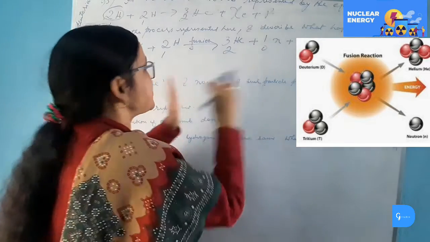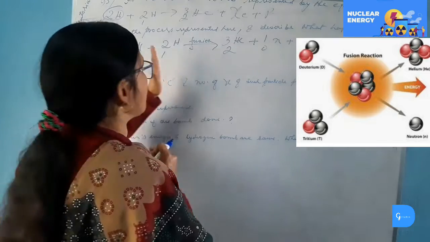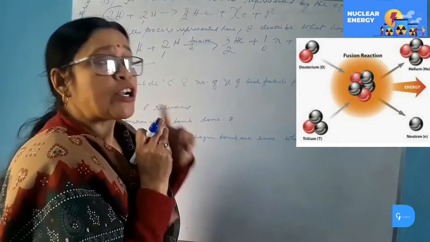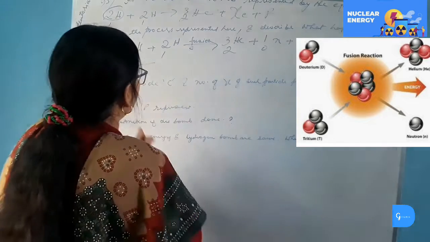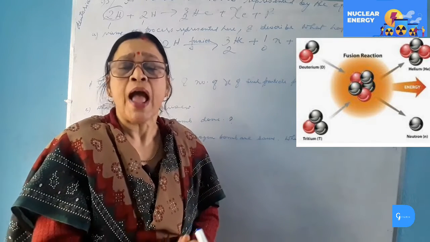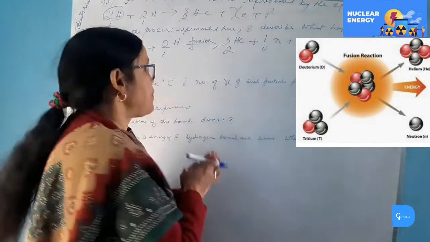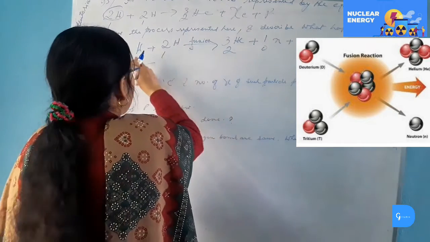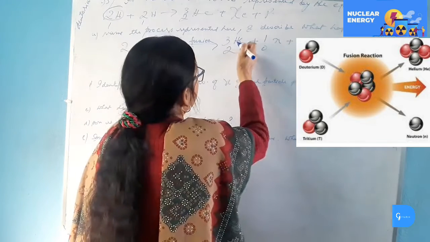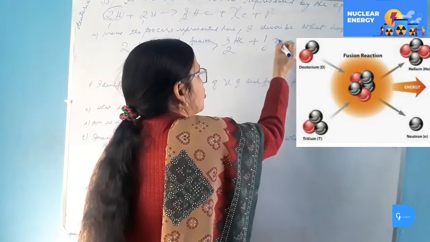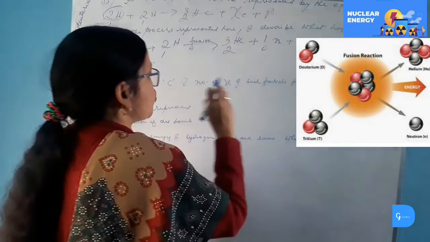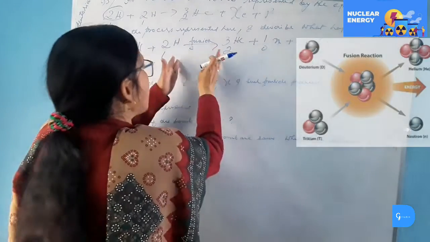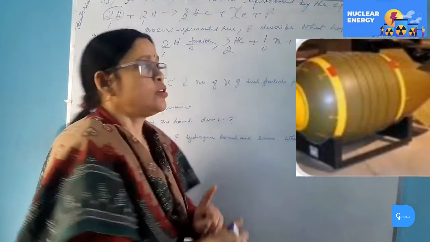Now we will discuss what is happening here. Here the two nuclei of light elements or hydrogen or deuterium hydrogen atom having atomic mass 2 combine together or fuse together under millions of pascals of pressure and millions of degrees of temperature. When pressure and temperature are quite extreme, then these two hydrogen nuclei fuse together to form a large nucleus of helium, and one neutron plus tremendous amount of energy is also produced. This is called the nuclear fusion reaction, and this type of reaction is found in hydrogen bomb.